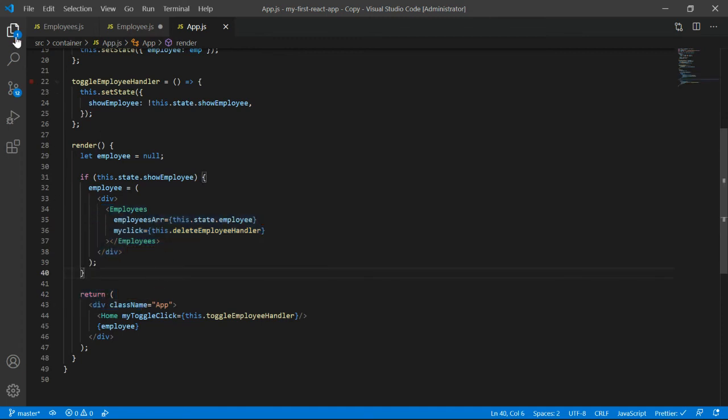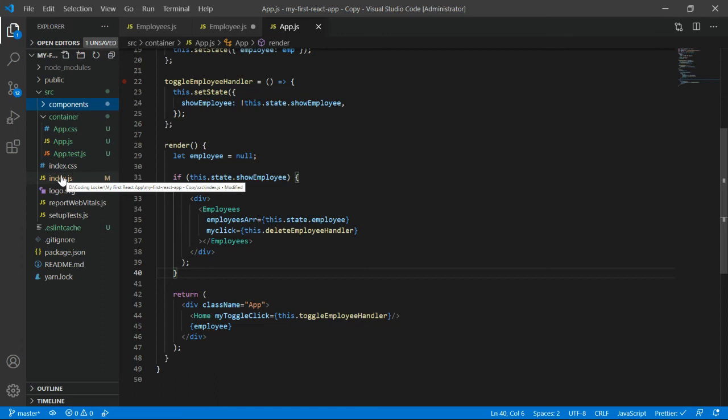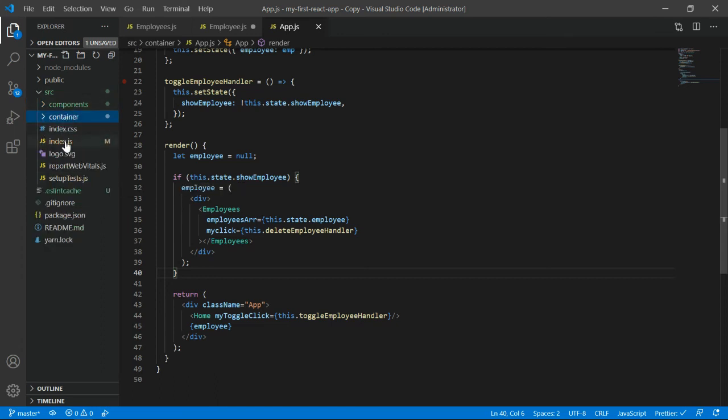It is recommended that if we are writing components, there will be so many components in your React application, so it doesn't look good if you keep creating components here. Rather, create a folder. I have created a components folder, and inside that you create your components, like I have created the employee one, then the home one, and XYZ, whatever components you create. So this looks a little more beautiful. Again, app.css, app.js, and app.test.js, I have moved into the container and corrected the paths for them.